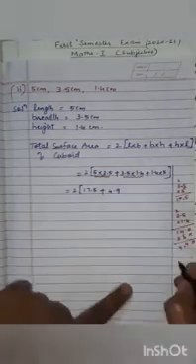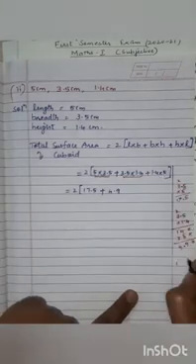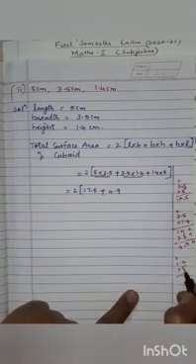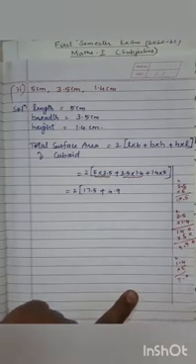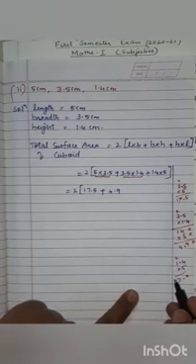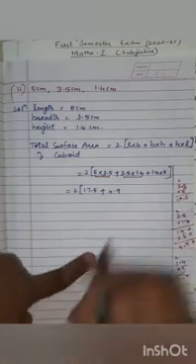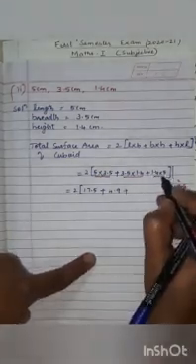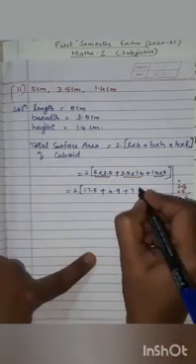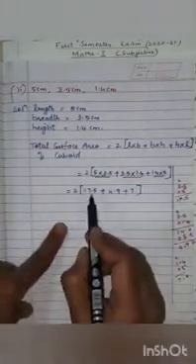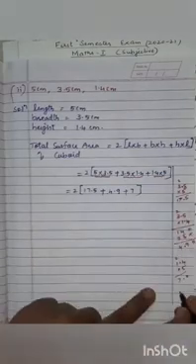Okay, so now next is 1.4 multiplied by 5. 4 fives is 20, carry 2. 5 ones is 5, 5 plus 2 is 7. So the decimal is after one number, so you have 7.0. This 7.0 you can write as only 7. So here it is plus. So the value of 1.4 multiplied by 5 is 7. Okay children, so now you got this value. Now here you can see it is in decimal form. So how to add this, I'll show you.